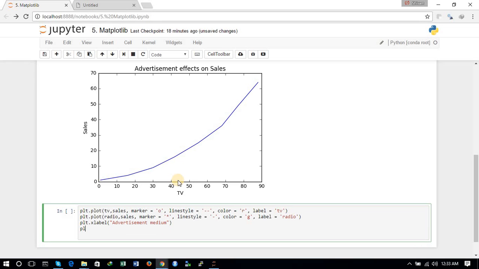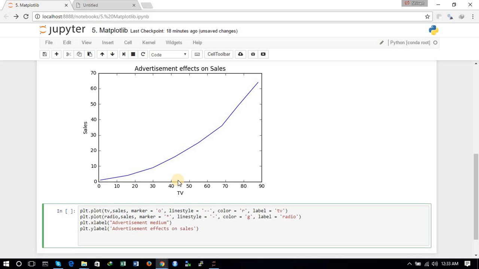Yeah, and now we will give the Y label as the advertisement effect on sales. Now we will plot the legend also, and we will also plot the legend inside the chart. We can do this by the following command,